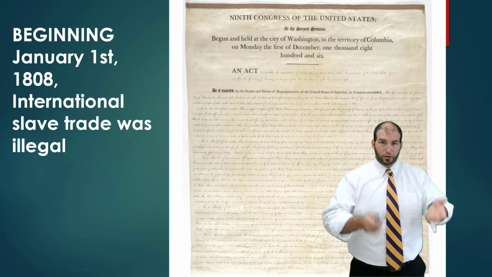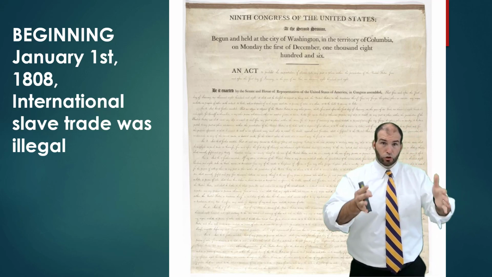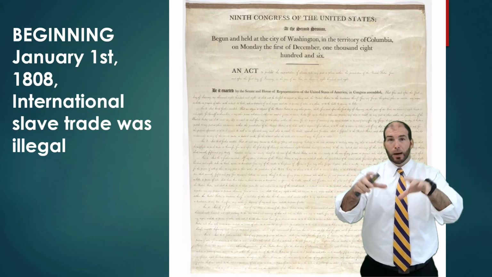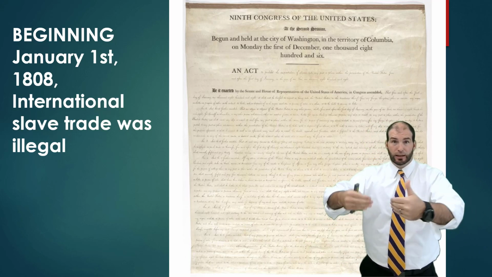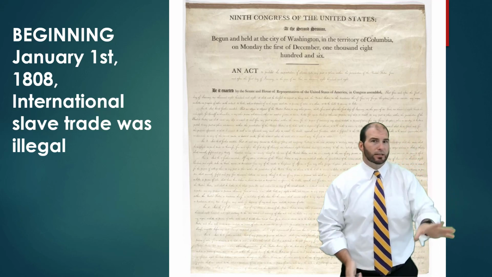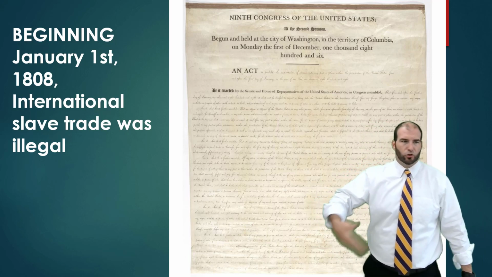So, every single area ever that has used chattel slavery, as soon as you stop bringing in more slaves, the slave population dwindles out because slaves die off faster than they reproduce in the chattel slavery system. It's just what happens. So when the United States in 1808 says, we're not bringing in any more slaves, it was the idea that slaves are just going to naturally